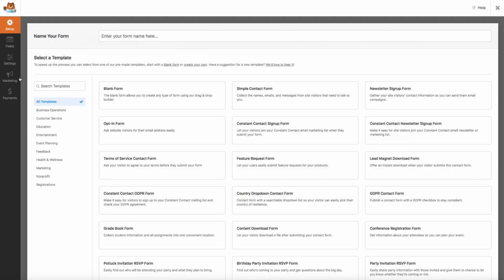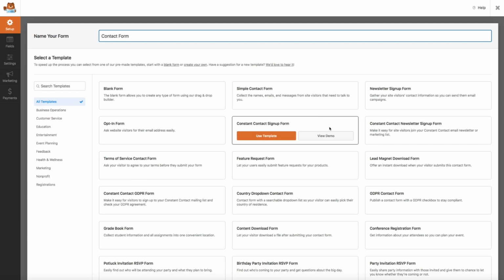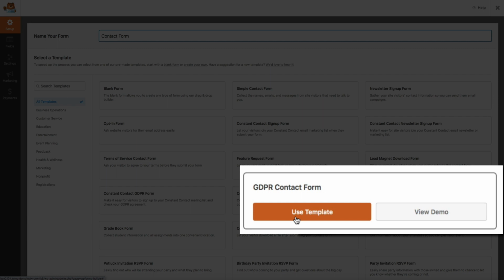And this will bring you to the form templates. Now, we're going to go through this very quickly, but I recommend you revisit the plugin when you have some extra time. Okay, so first let's name this form, and I'm going to call this Contact Form for obvious reasons. Then below are all of the form templates to choose from. And we're going to use the GDPR contact form, so click the Use Template button,